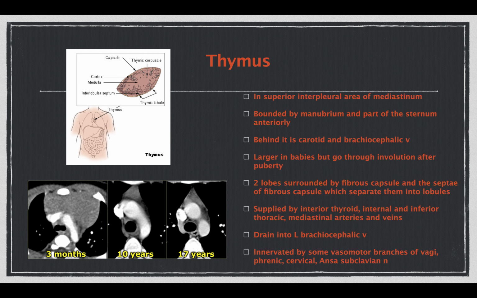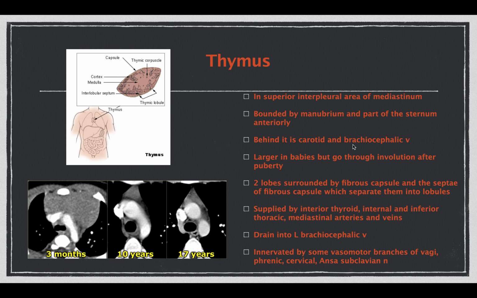So the thymus lies in the superior and inner pleural area of the mediastinum. It's bounded by the manubrium and part of the sternum anteriorly. Behind it are the carotid and brachiocephalic veins. So that's particularly important because in a thymoma, you want to be very careful doing a thymectomy because the carotid and